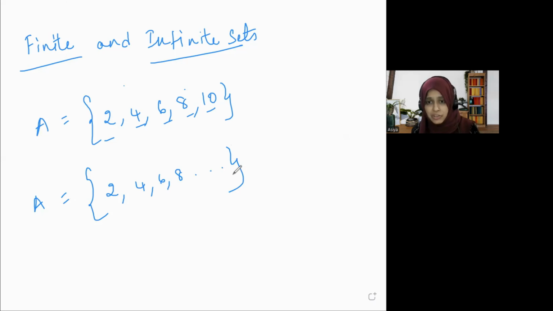All my even natural numbers. Can I write all my even natural numbers? Not possible. So that is the reason why I have represented it by 3 dots. That means there is no end to my even natural numbers. So do you think this is definite? No, it is infinite. So this is an example of my infinite set, whereas this is an example of my